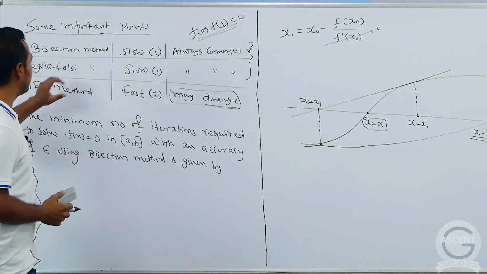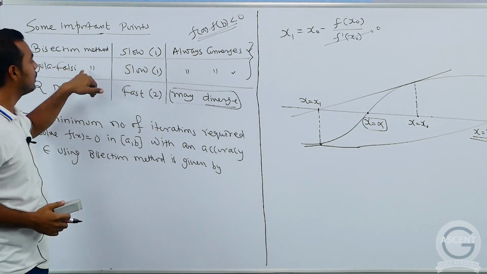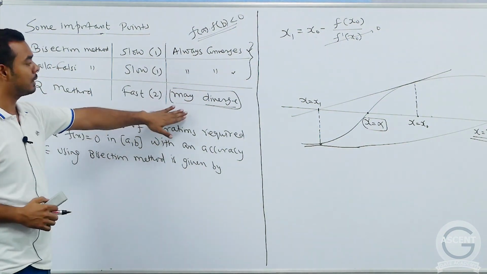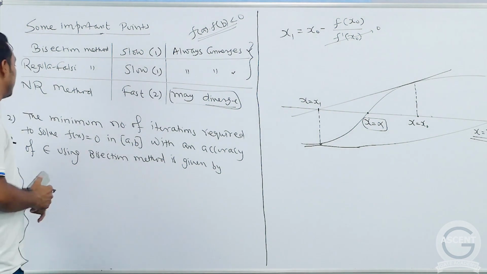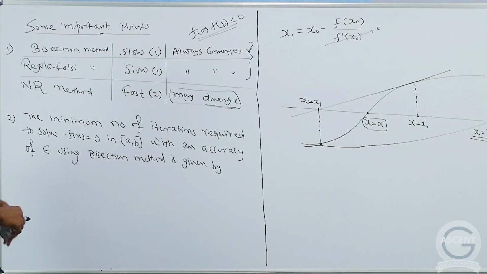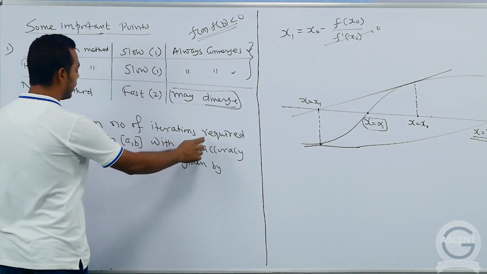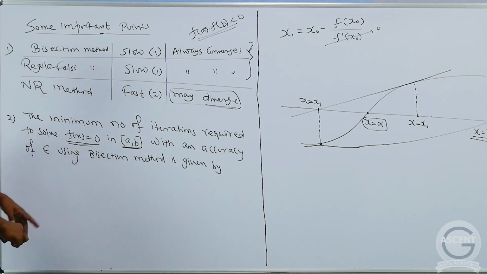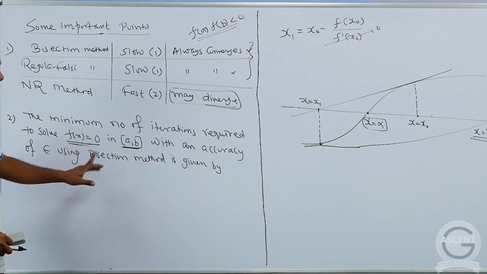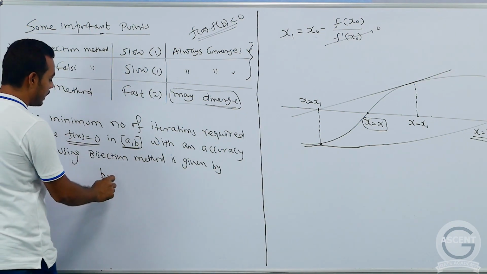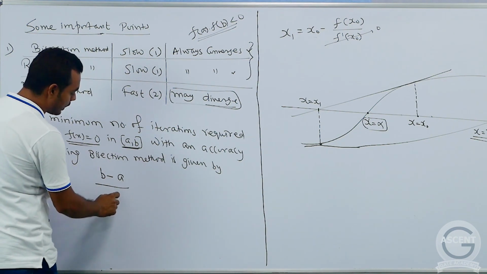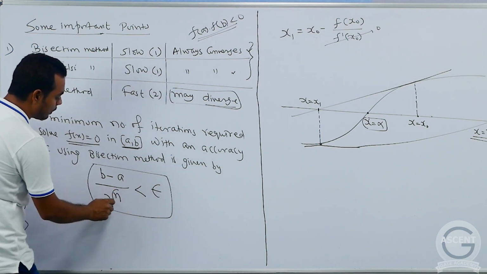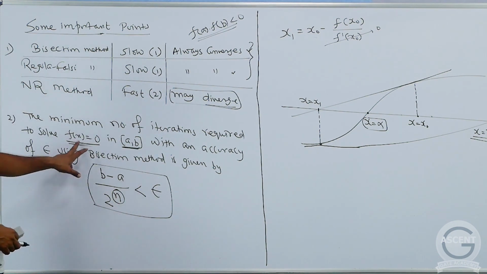So this table you have to remember: bisection method and regula-falsi method will always converge. This means you will always get a root, but in Newton-Raphson method you may not get a root in some cases. And the second one is a formula which you have to remember. The minimum number of iterations required to solve f(x) equals 0 in this interval a to b with an accuracy of epsilon using bisection method is given by this formula, (b minus a) by 2 to the power n is less than epsilon. Using this formula you can find the minimum number of iterations n to solve this equation f(x) equals 0